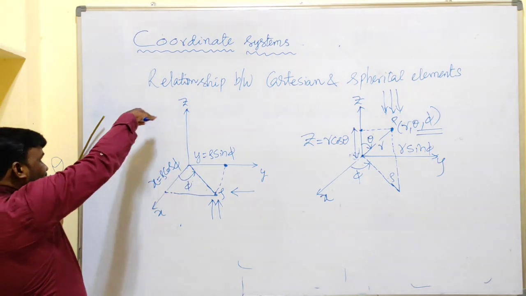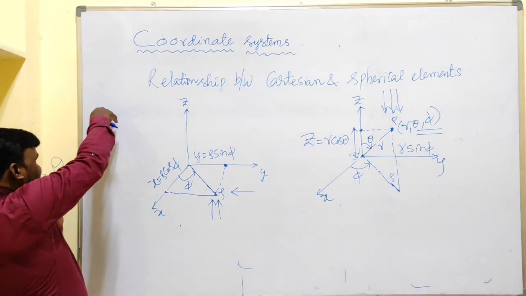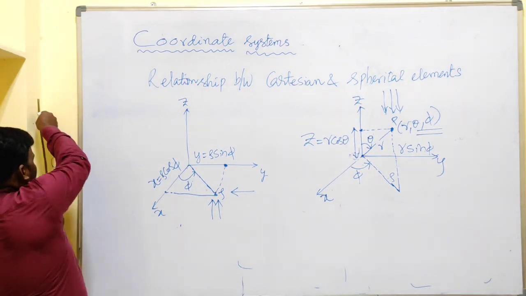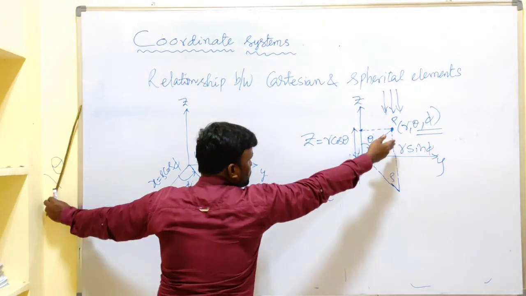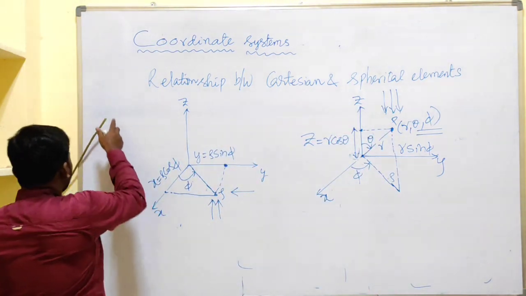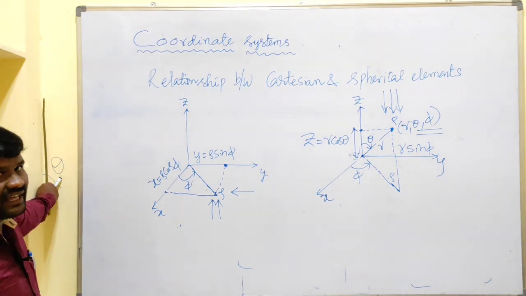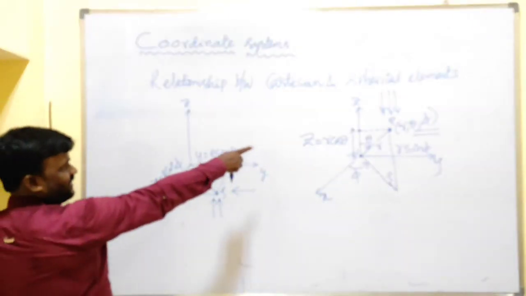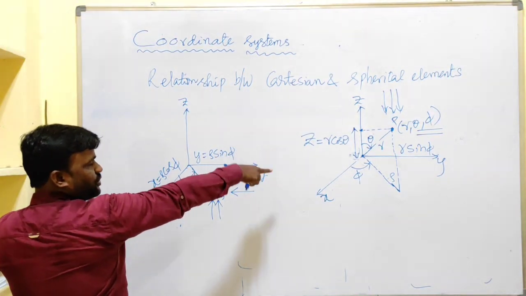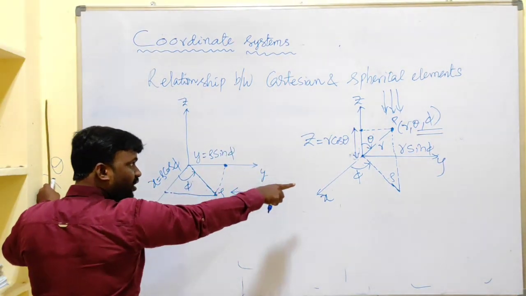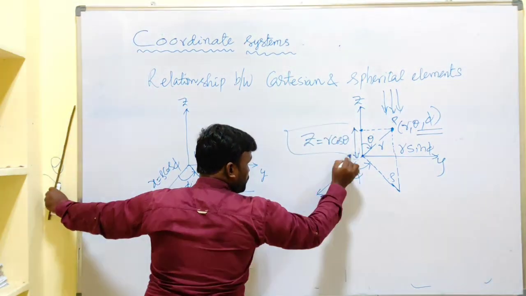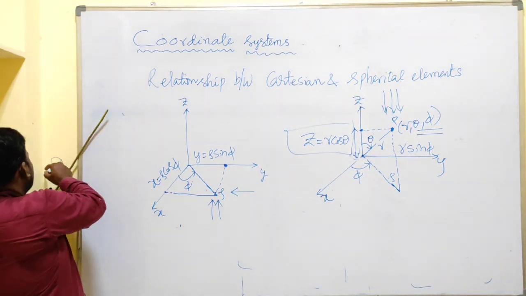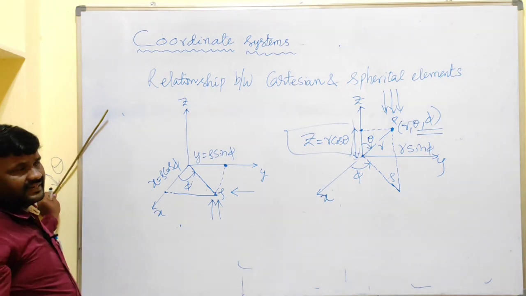That means if any component is coming like this and is projected on this side, we can move it to this side or that side. In this case it is perfectly projected on the z axis. That's why the projected component on the z axis is z equal to r cos theta.